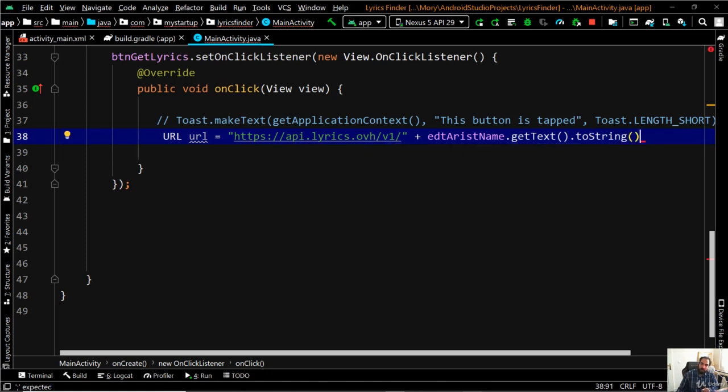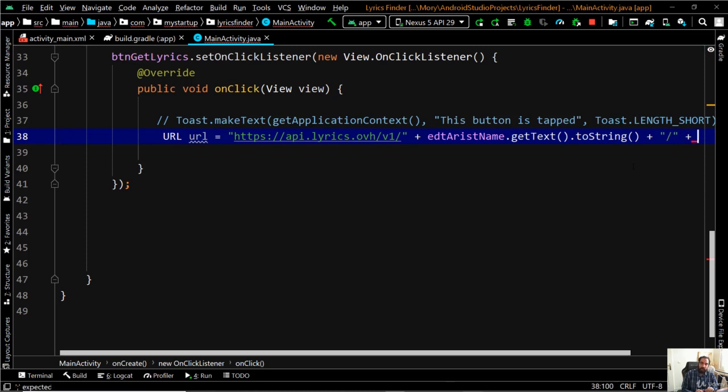Okay, so in this way we get the name of the artist from the edit text, and the edit text gets its value from the input from the user, and then plus, and then 2 double quotes again, slash, okay,